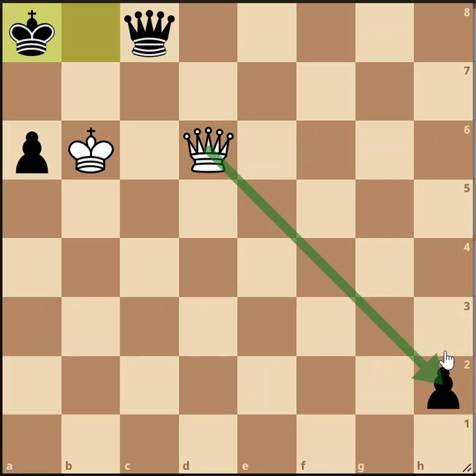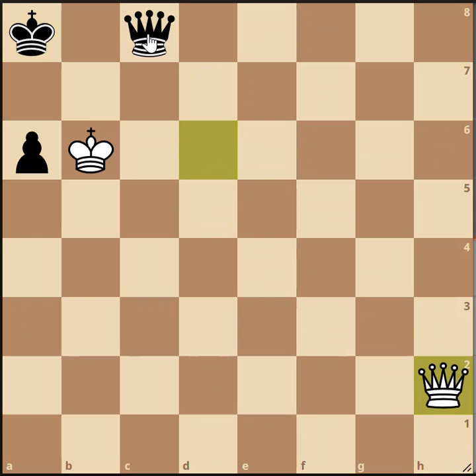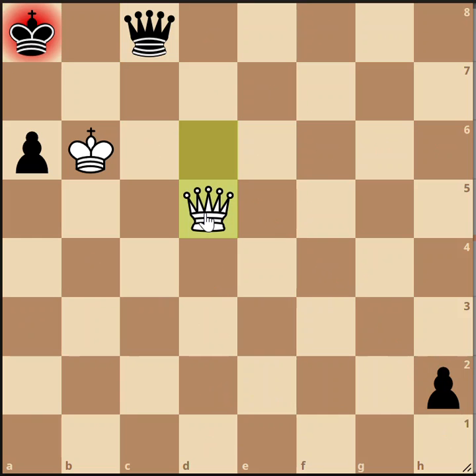White doesn't have time to pick off that pawn now because that gives black the move, and black has plenty of checking moves like that one. And the position is just completely drawn. So how does white get that pawn? Well, white picks off the pawn with this really crazy staircase maneuver, starting with queen to d5 check, king moves